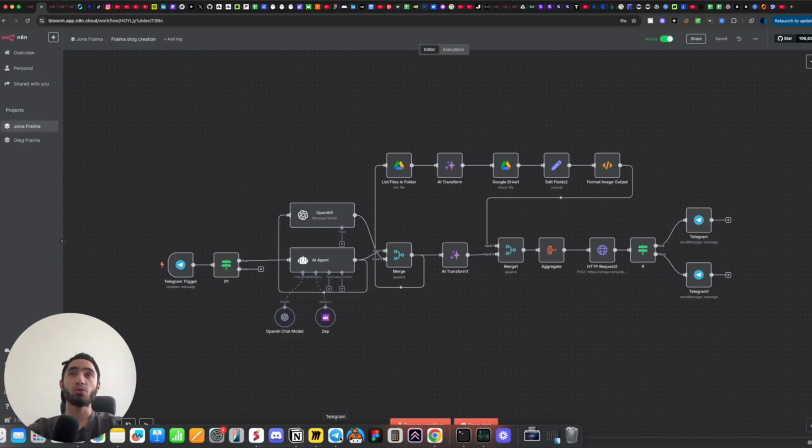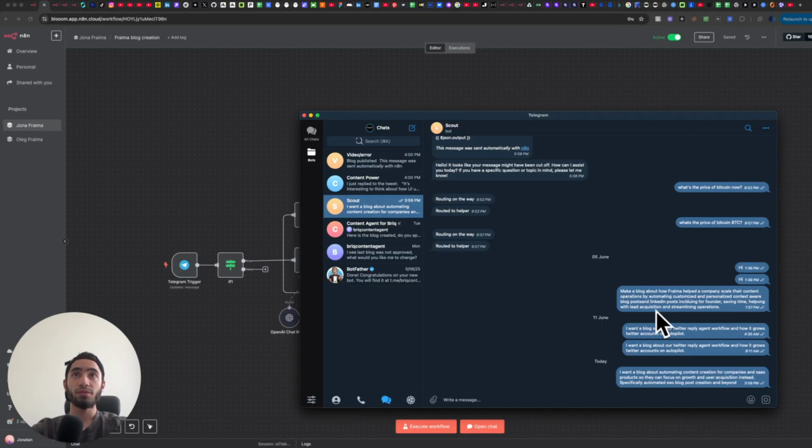So basically we go to Telegram, right? This Telegram bot, and what we do here is that we tell it exactly in a prompt that we want to make a blog about a specific topic. So this is just something I did today. I wrote, I want a blog about automating content creation for companies and software as a service products so that they can focus on growth and user acquisition instead, specifically automated SEO blog post creation and beyond, right? So we gave it this simple sentence, and literally in a matter of seconds